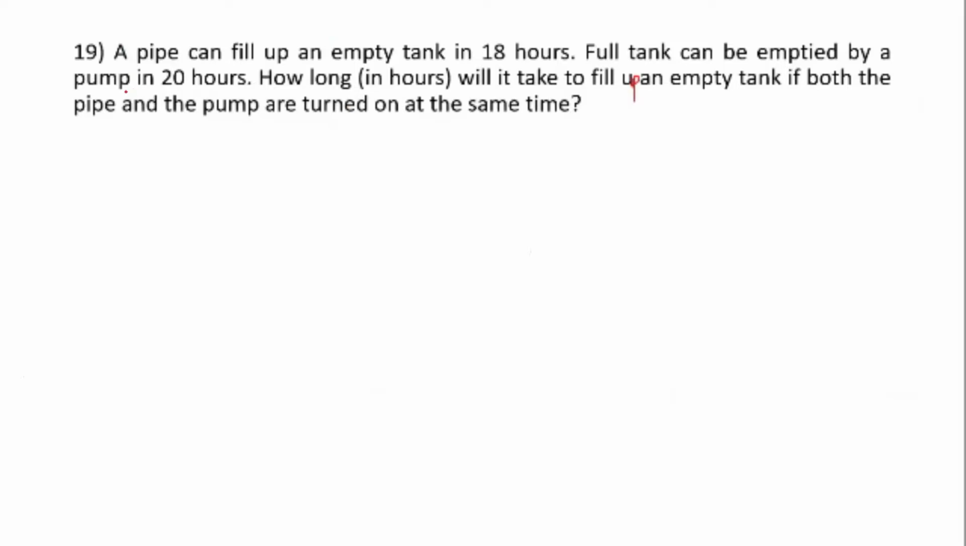draining by the pump. So now we can say that the rate of the pipe is to fill 1 tank in 18 hours. So per hour, it's 1/18 of the tank. While the rate of the pump is to drain the whole tank in 20 hours. That means every hour, the pump can drain 1 out of 20 of the water in that tank. So what's the difference in their speed? That means we can subtract